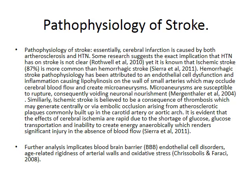Hemorrhagic stroke pathophysiology has been attributed to an endothelial cell dysfunction and inflammation causing lipohyalinosis on the wall of small arteries, which may occlude cerebral blood flow and create microaneurysms. Microaneurysms are susceptible to rupture, consequently voiding neuronal nourishment. Similarly,